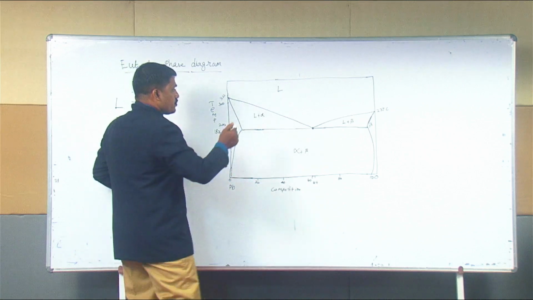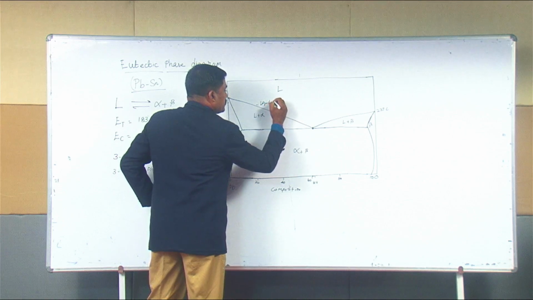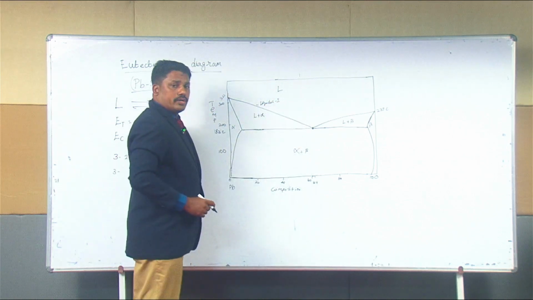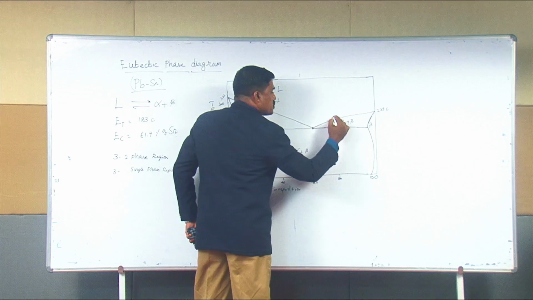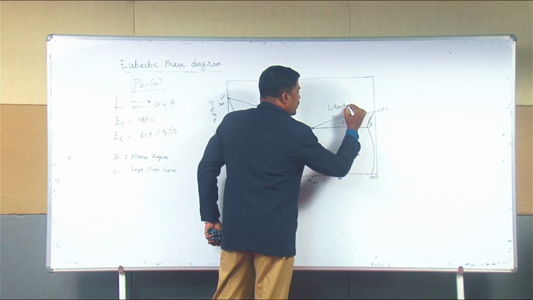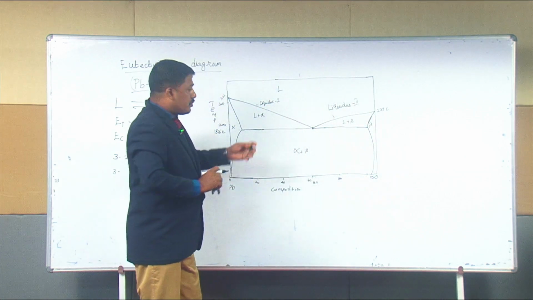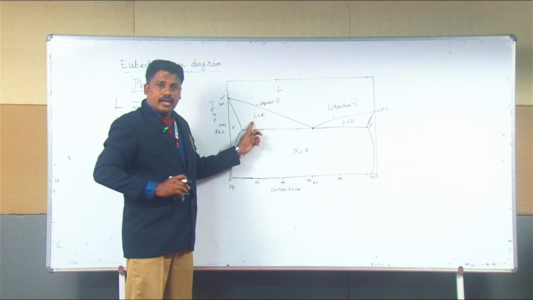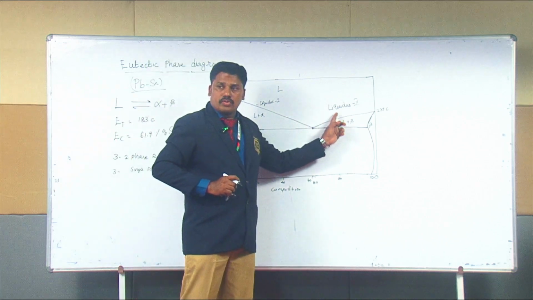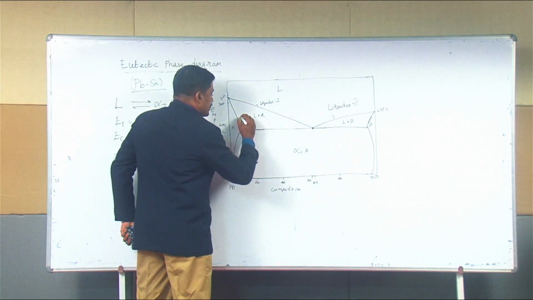One is liquidus 1, and this is liquidus 2. Liquidus 1 is the boundary between the liquid and the L plus alpha, and liquidus 2 is the boundary between L plus beta and